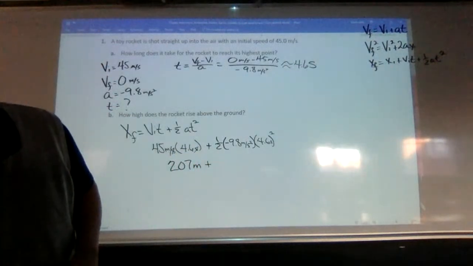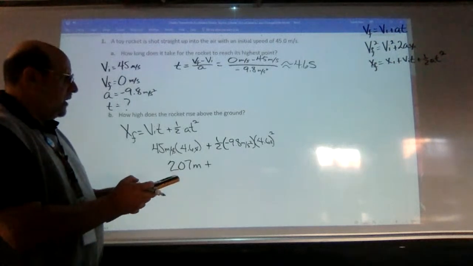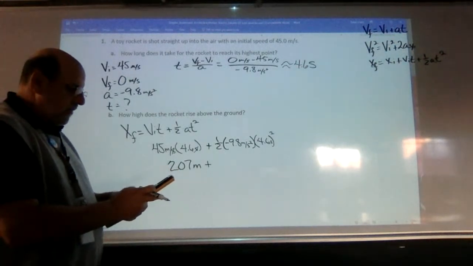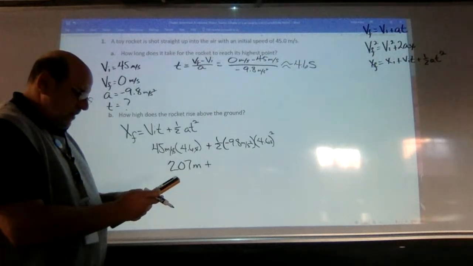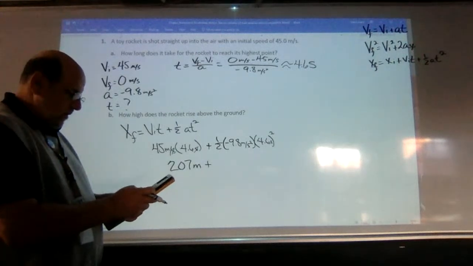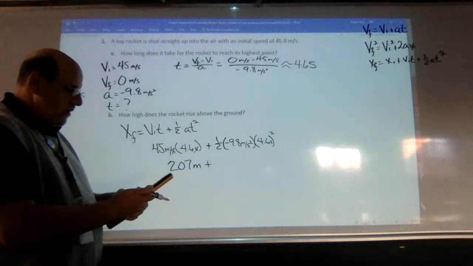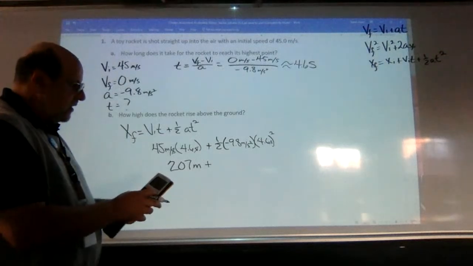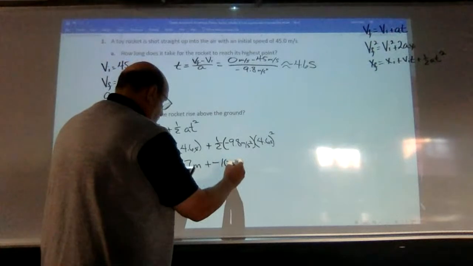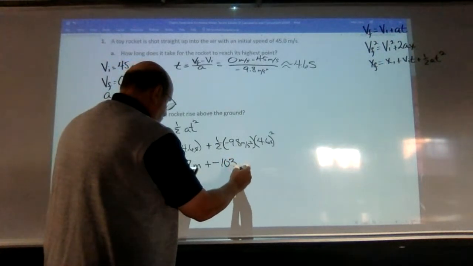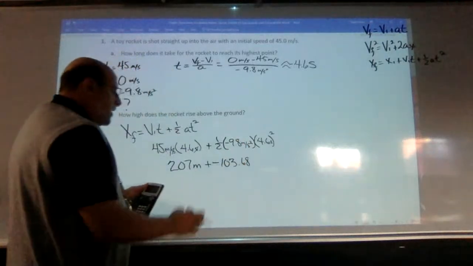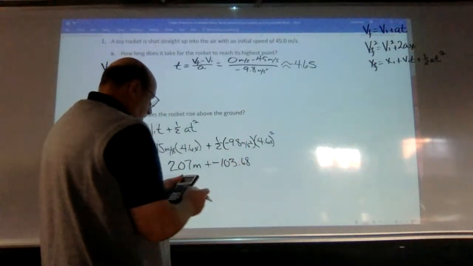So let's do 1/2 a t squared, which is negative 103.68. All right, and if we put these two things together,